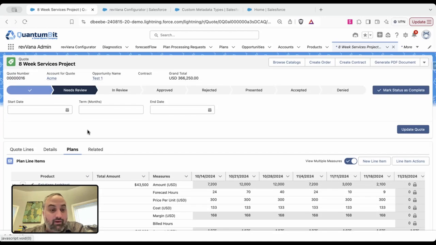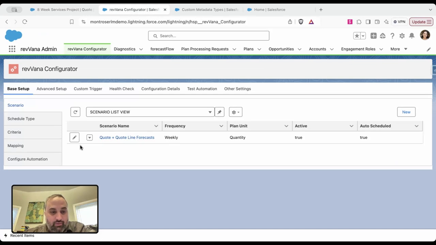So this is a fully built out implementation of revVana to do forecasts with plans off of quotes and quote lines. How do you point revVana to a different object other than opportunities? That's what I'm going to get into now. So in the configurator, we'll go here, and I'll have a new scenario that I have made for quote and quote line forecasts. And if I go into the scenario settings here,